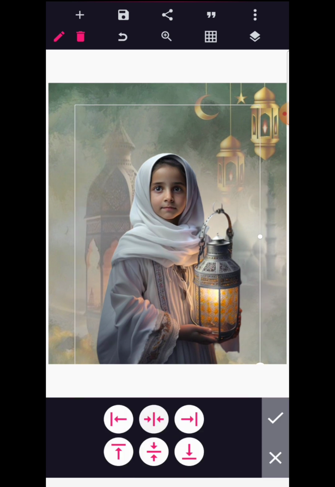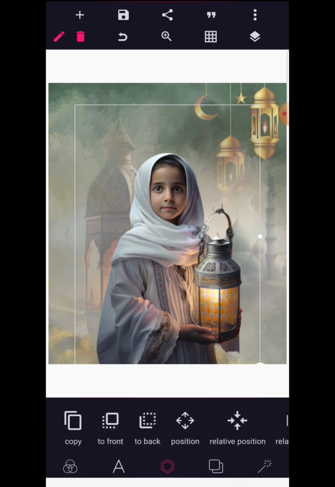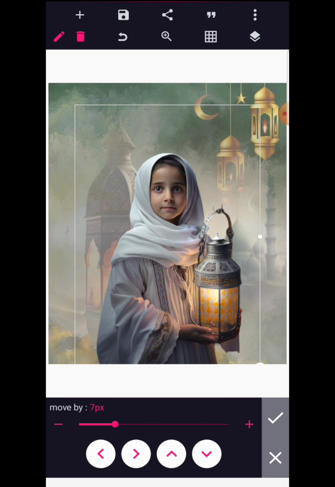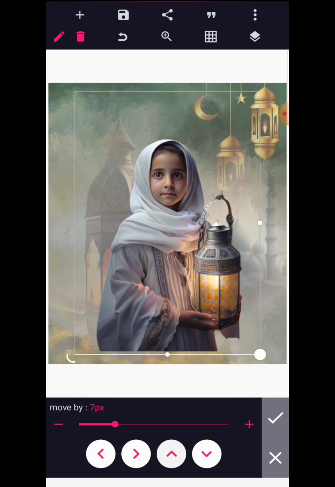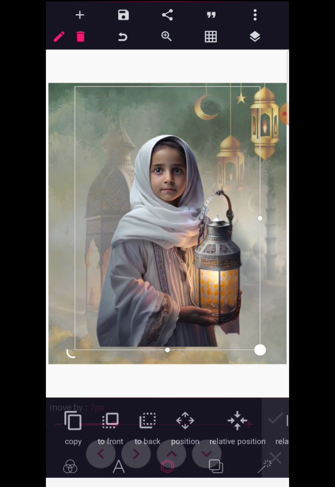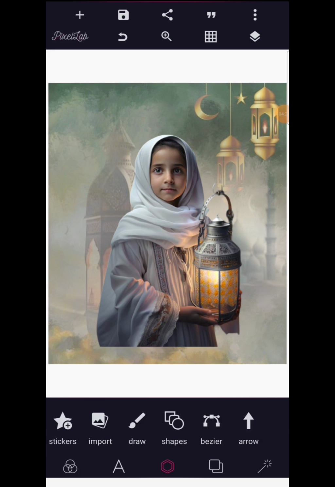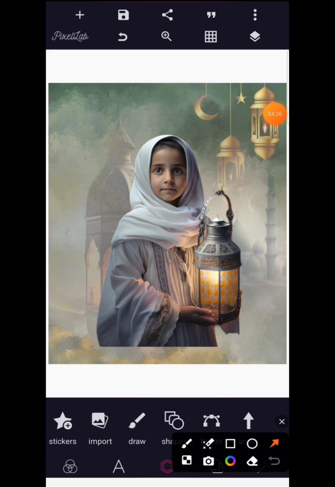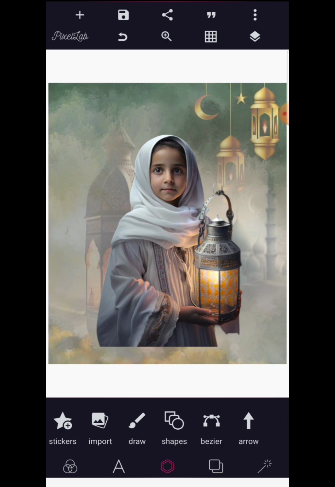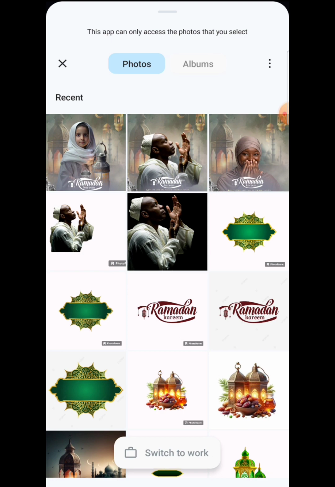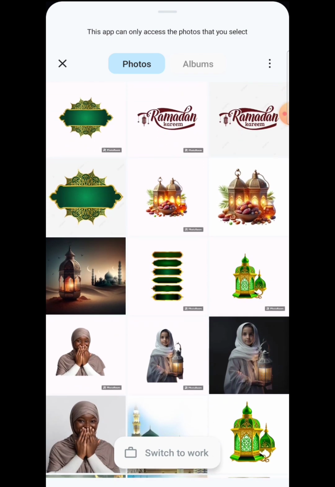I want to go to relative position to make sure it's just in the middle. So we want to send this up also, because we want some good spacing below. Okay, so go to layer and lock this up as well. So after locking this up, you can quite clearly see here that this image is really not blending with the background. So we're going to do that, but before we blend that image, I would love us to go and bring these